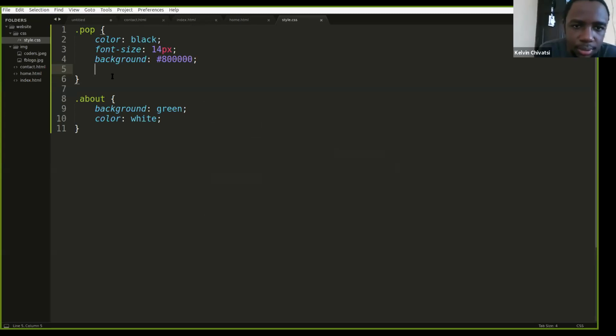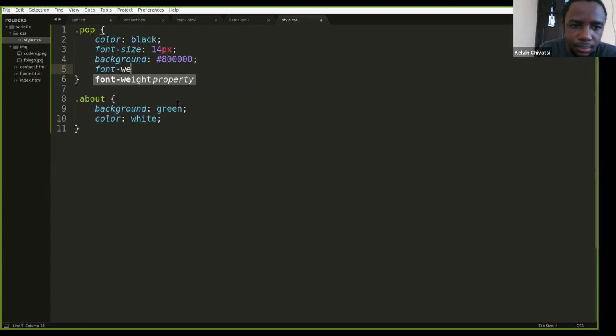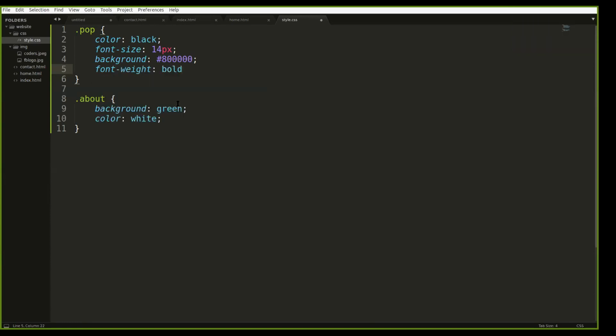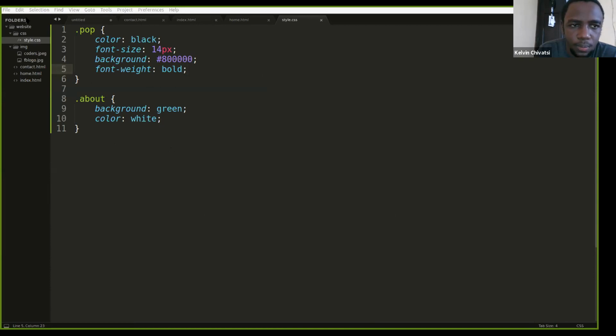Sorry, you can't see my Sublime Text. Okay, so font weight. So when we save our work, okay, this is not a very good choice of colors,